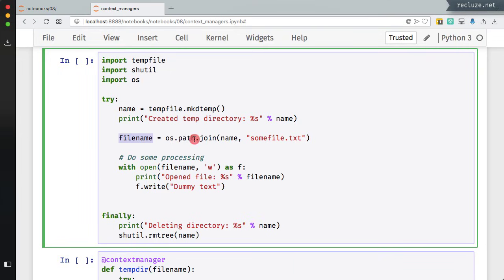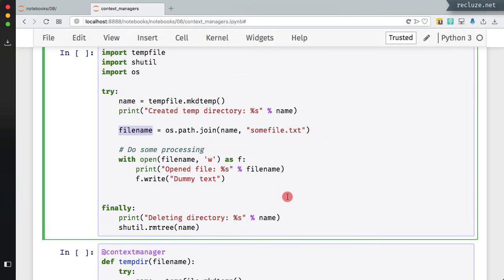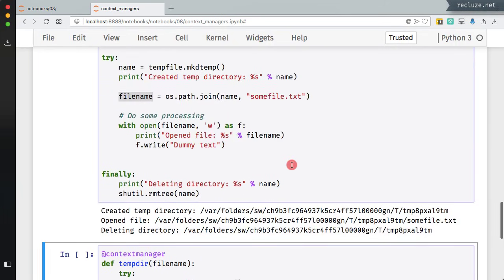So once we are done with creating the file name, we open the file, we do some processing on the file, and once we're done, we want to make sure that we delete this directory using shutil.rmtree, which is the removal of the tree, right? So kind of rm -rf. Anyway, so we have this idea over here and it's very simple, but the problem is that we have to